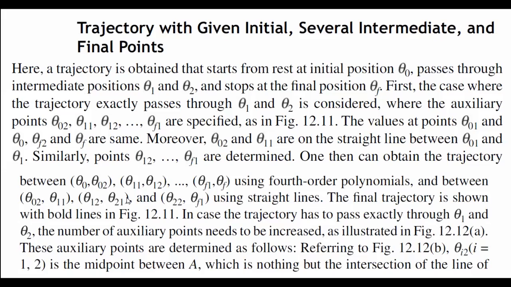In case the trajectory has to pass exactly through theta 1 and theta 2, the number of auxiliary points needs to be increased as illustrated in figure 12.12a. These auxiliary points are determined as follows. Referring to figure 12.12b, theta I2, I equal to 1 to 2, is the midpoint between A, which is nothing but the intersection of the line of